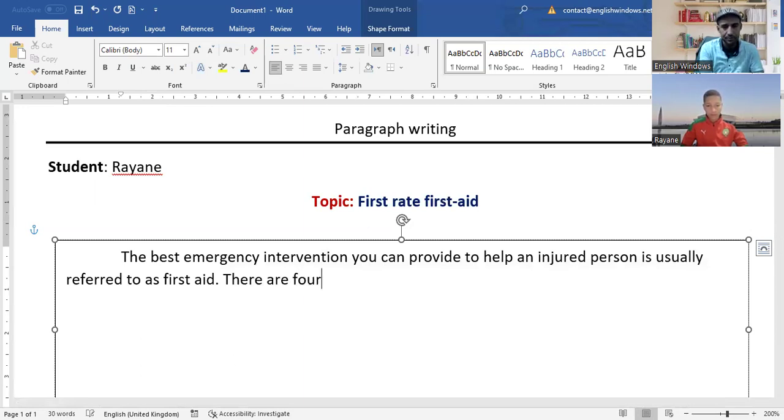There are four essential steps one needs to follow to